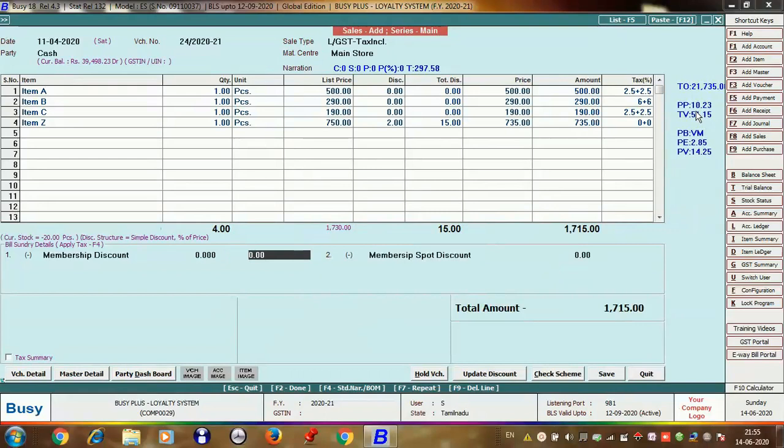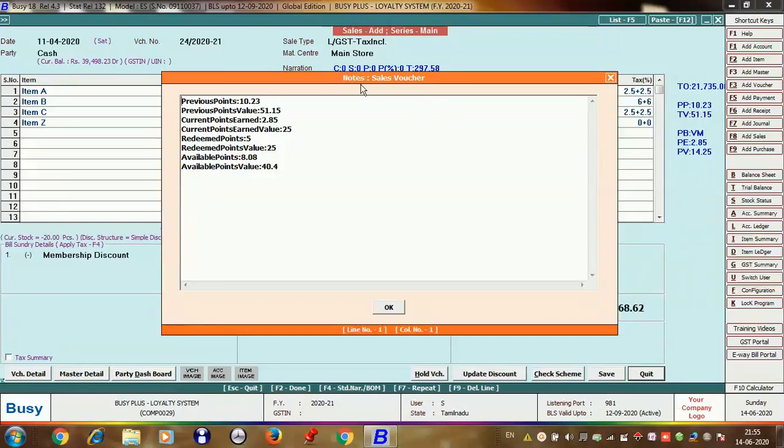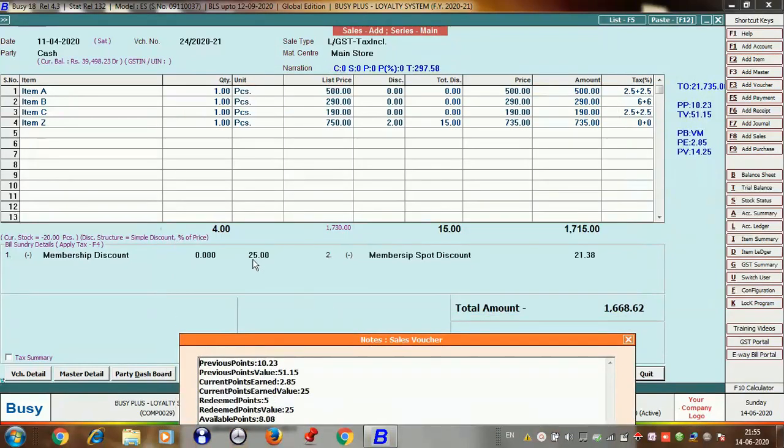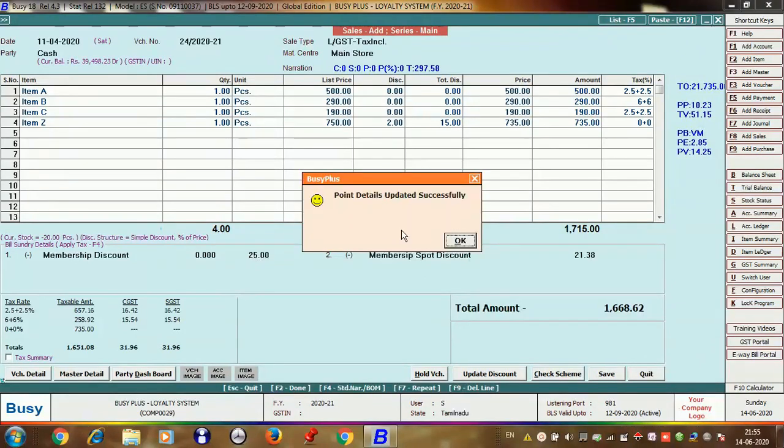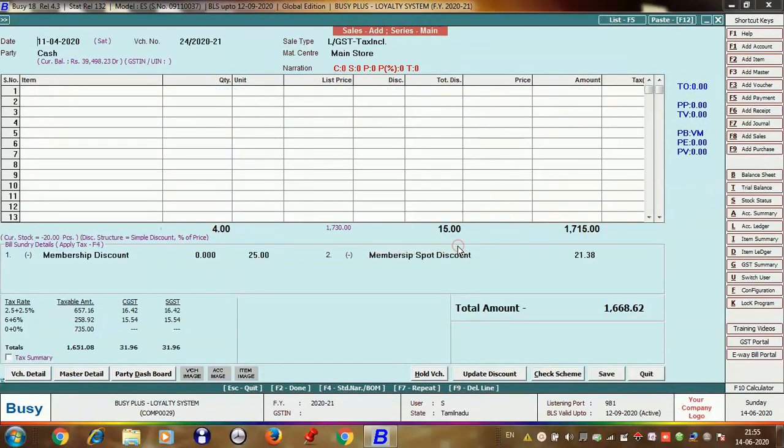That means the value per point is equal to 25 rupees. This is a spot discount of 1.5 percent. The 1.5% will be calculated not for all items, only for qualified items. When we save, automatically 25 rupees will be redeemed as a membership discount. When you save it, the point details will be updated automatically.